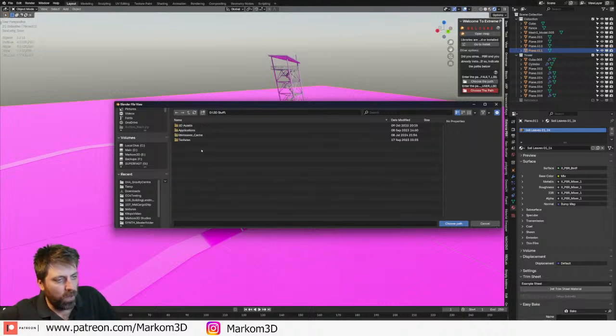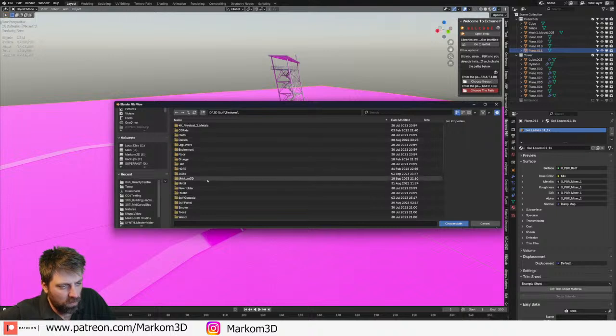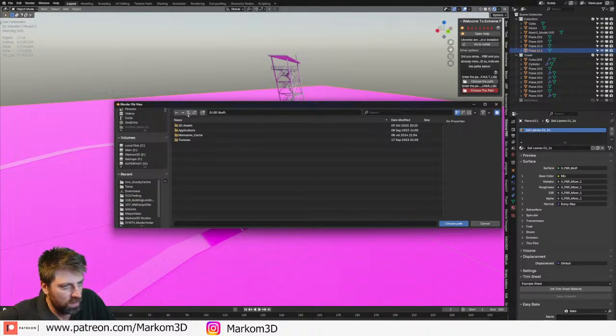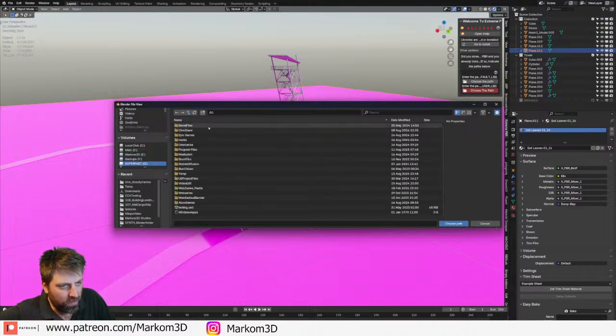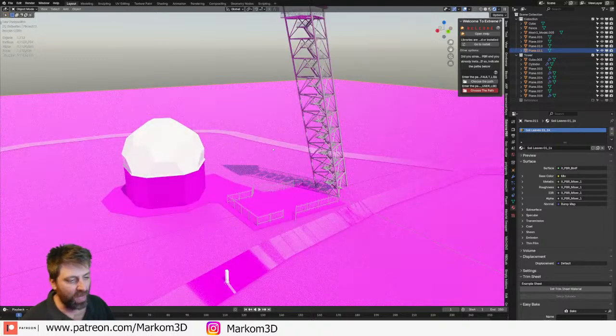What the heck? I have no idea where I put it. That's frustrating. I don't know. Anyway, there you go. I did make it. There's meant to be a whole bunch of trees everywhere as well.